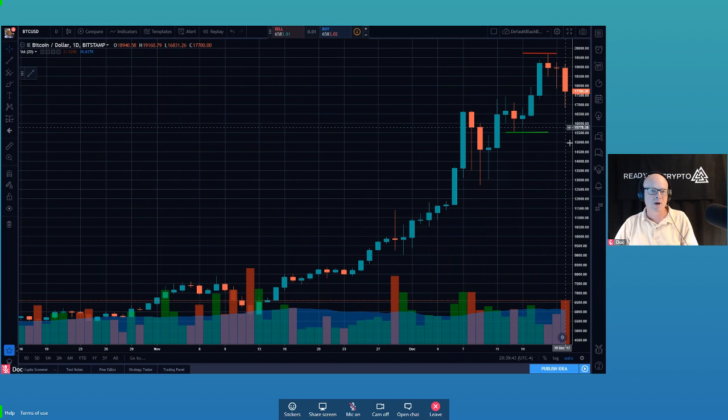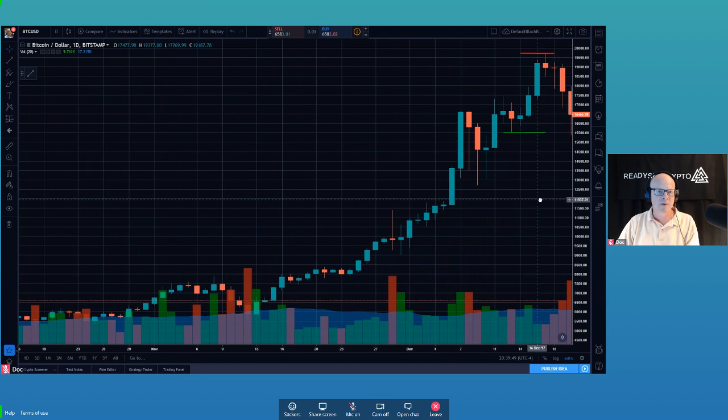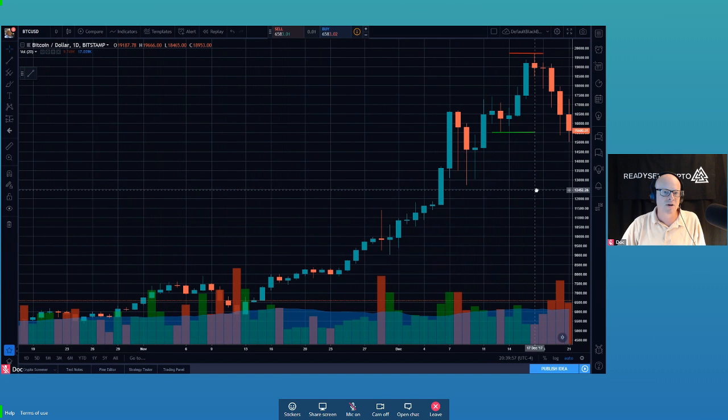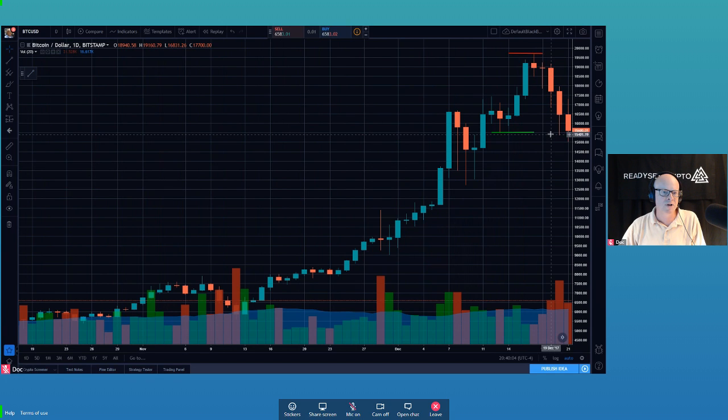So now what we want to do is see if it's possible to print a higher low here. Is that going to be our higher low? And all of a sudden, boom, we come down and retest the low again, don't we, at 15,005. And we undercut the low at 15,005. This is the beginning of the end. And that should be a warning signal to everybody.